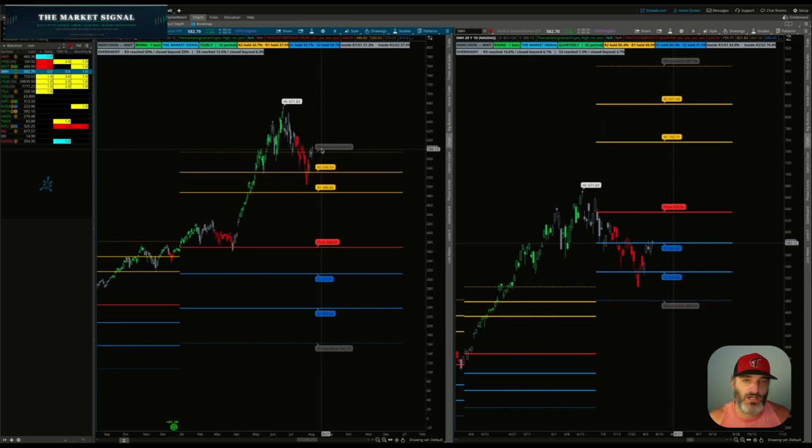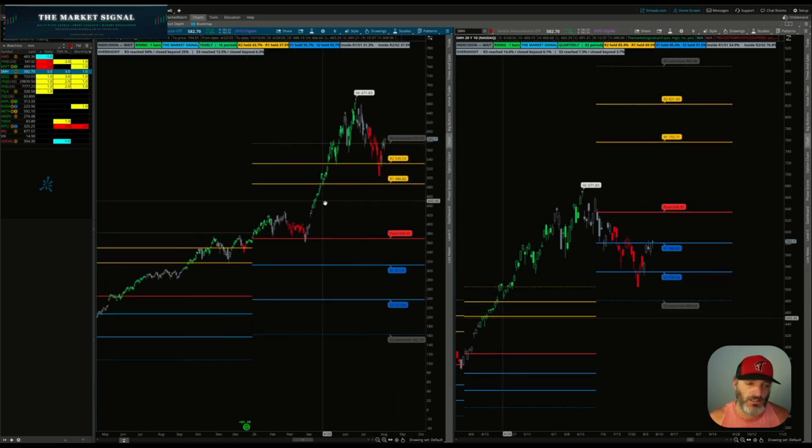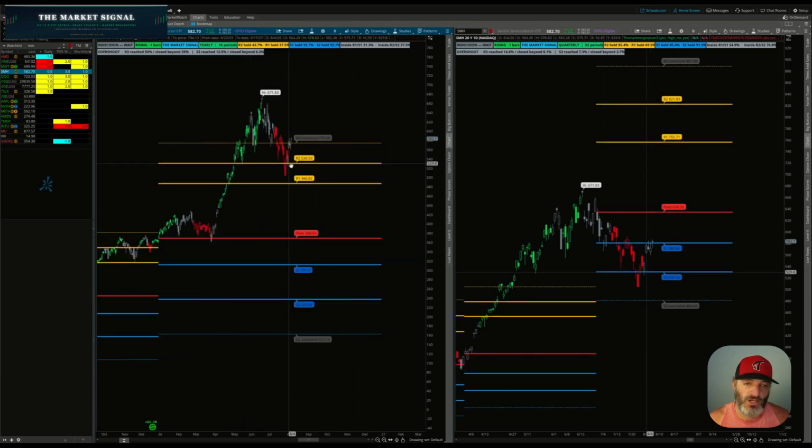And right now we know without a shadow of a doubt, we only close up here 6.3% of the time. Can it happen? Yeah, sure can. Last year, we got just a little short. We closed above R2, but we didn't close above the overshoot. Keep that in mind. That kind of tells you where we are on a bigger picture. And look at how beautiful these buys were off of the pivot at 368, went all the way to 670, 300 points. Right now, we're not above the quarterly pivot, and we are trading in the atmosphere.